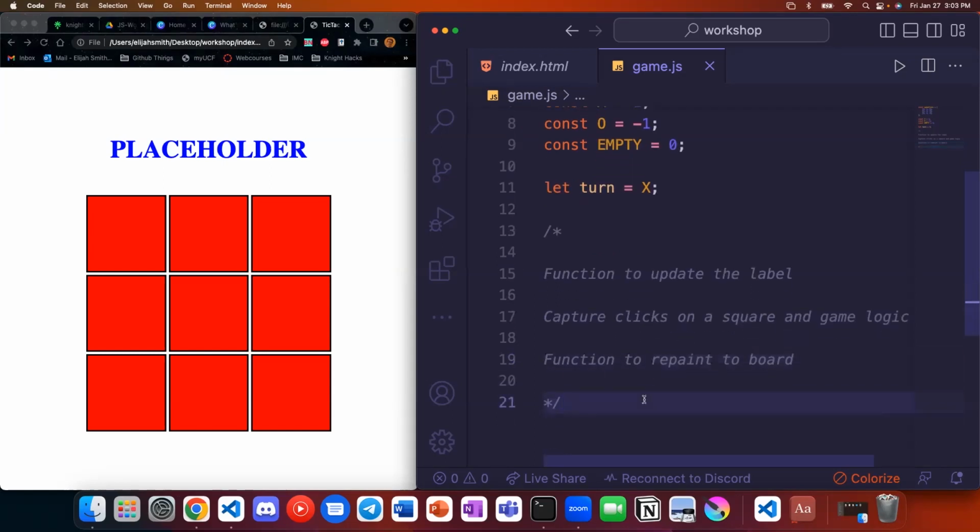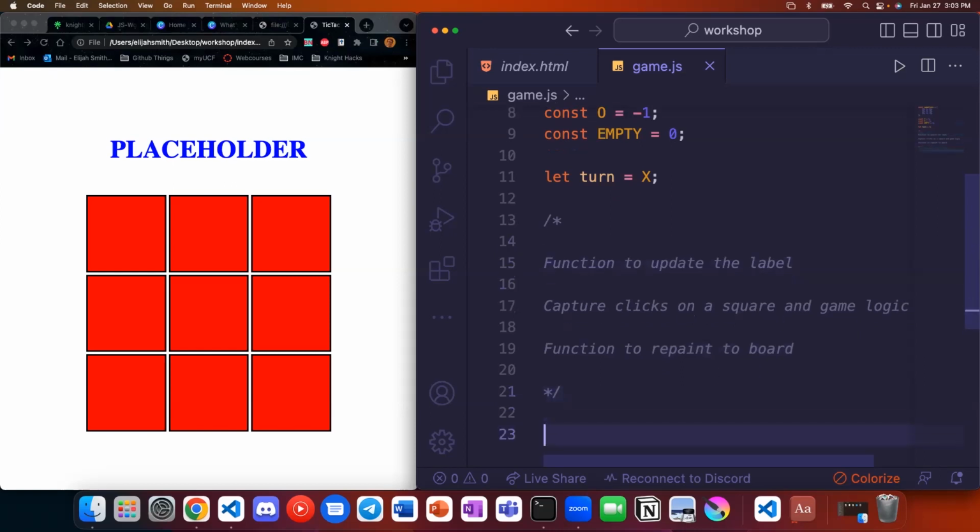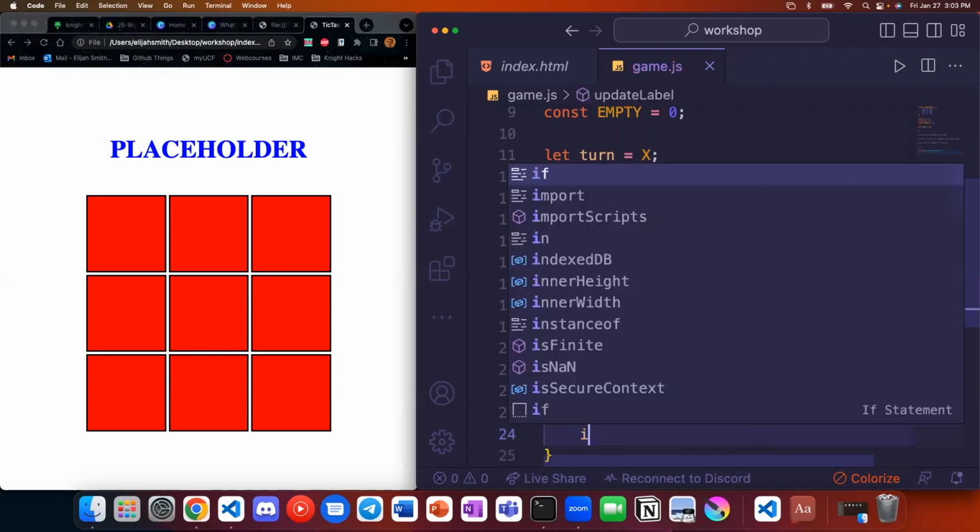And there might be some smaller things that I'm forgetting, but let's start with the function to update the label first, because this is the easiest thing. We're going to create a function. I'm just going to name it. We don't really need an arrow syntax here, so I'm just going to leave it as a function. Update label. And so